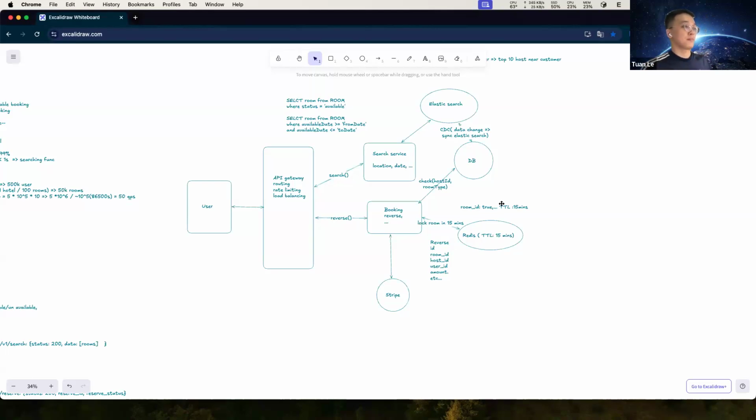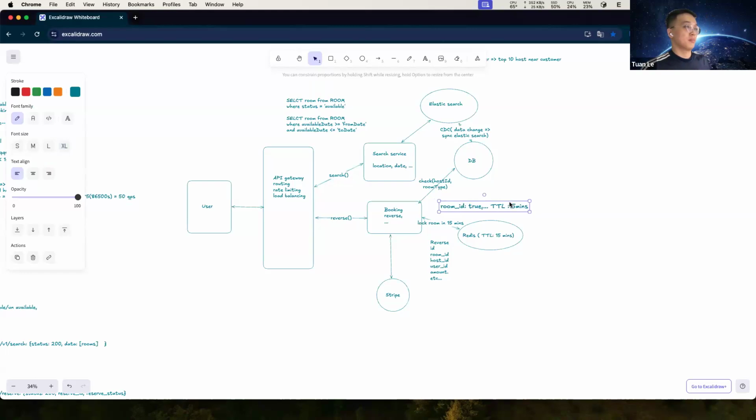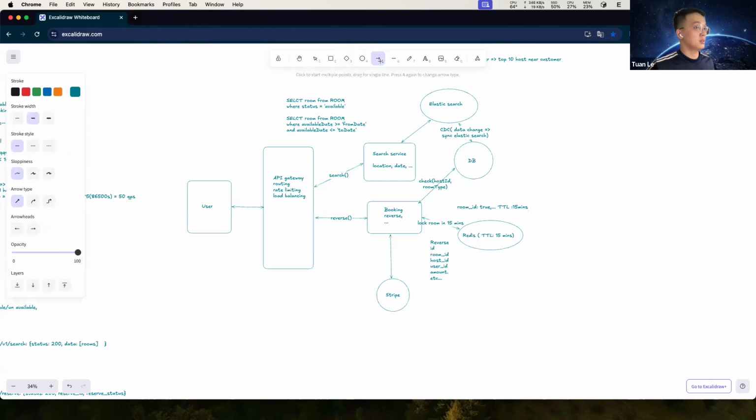I think if we set it in Redis here, then we query the database, right? After checking the room type here and returning this, we should have the check in Redis.